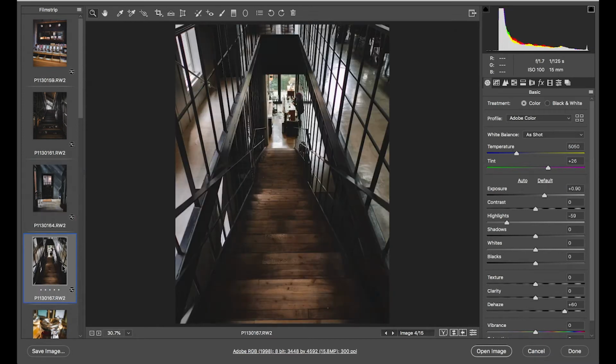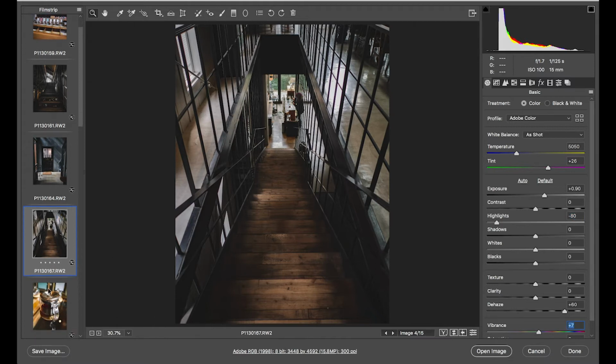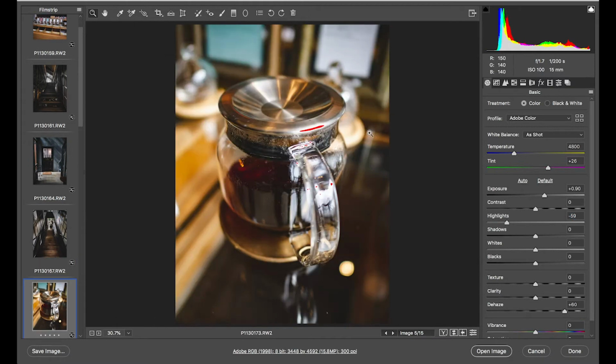And I'm going for this moody look, so great. Up the vibrance just a bit. Okay. I still see some of my highlights peaking there, so I'm going to bring that down. Looks beautiful. A little too bright for me,